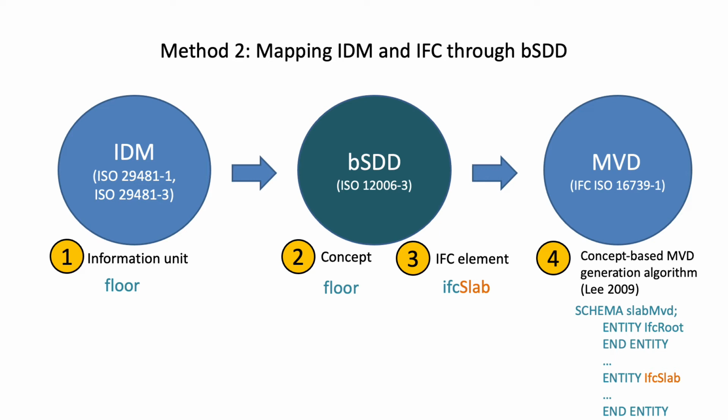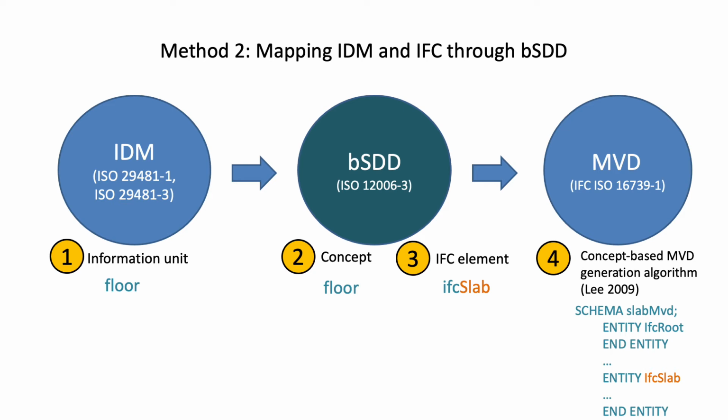So in the second step, instead of manually going through IFC elements, and by elements I mean entities and properties, we can use bSDD as a way to map a concept and a matching IFC element. Then pass the searched IFC element to the last step, the concept-based MVD generation algorithm, to get the full valid